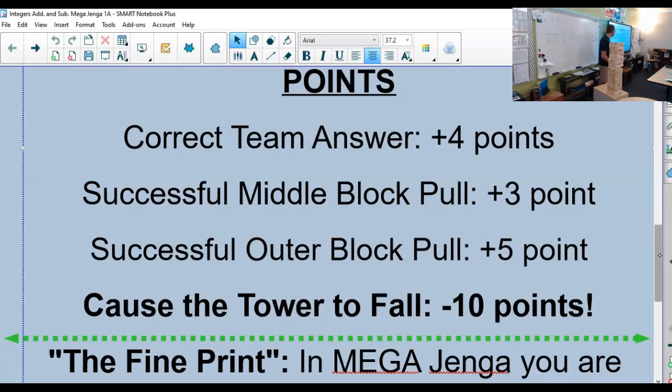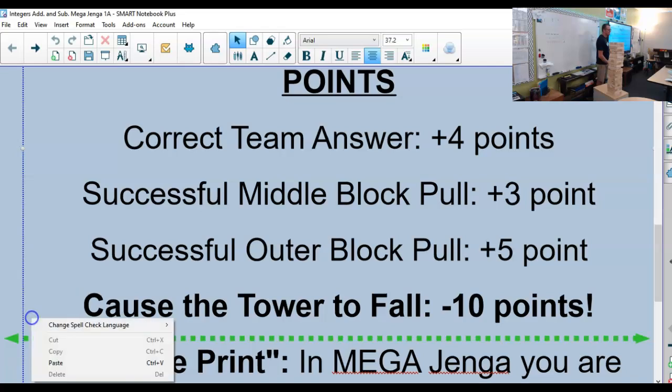But if you knock the tower over, what's positive 4 minus 10? Negative 6. So you could also get negative 6. Now, especially for my vertically challenged classmates, please let's not do this and have the whole tower fall on top of you. So one of the ways that we keep this a bit safer,